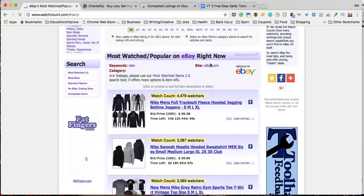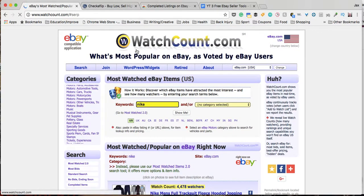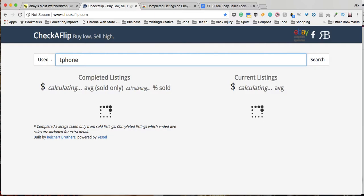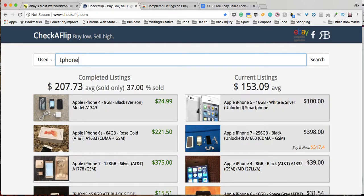The next tool is Check a Flip, which is a really cool tool. When you go to just checkaflip.com, it'll automatically come up with something filled in for you, so you can kind of see what the tool does. But you can type in your keyword or your item, and you can say used or new. So let's just say iPhone. And it'll show you